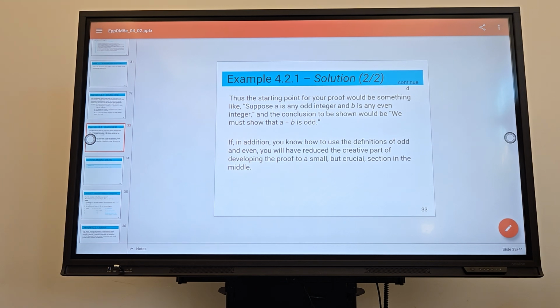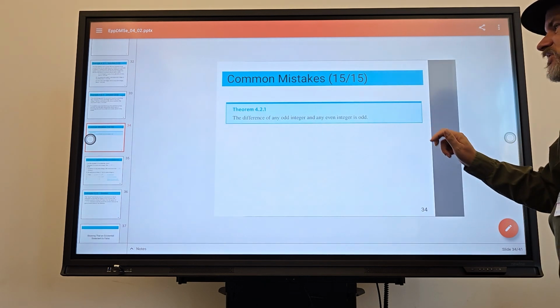If, in addition, you know how to use the definitions of odd and even, you will have reduced the creative part of developing the proof to a small but crucial section in the middle. So,